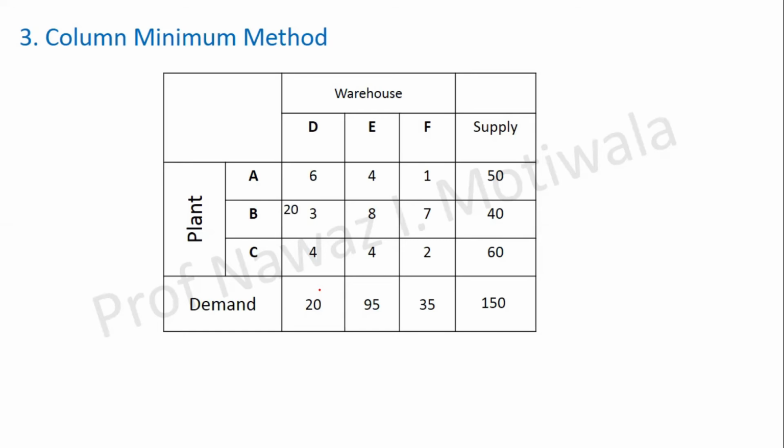Now make the counter effects. This 20 will become 0 and this 40 will become 20. And because it has become 0, now this will be cancelled. ये 0 बन गया, that's why it will be cancelled. Now the first column has been cancelled. तो अब मेरा first column क्या हो जाएगा? My first column will now be E. Now from E, the minimum you have to check.